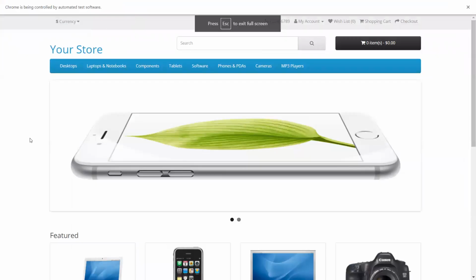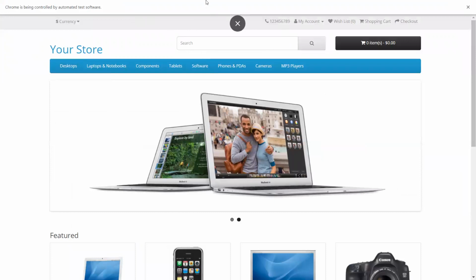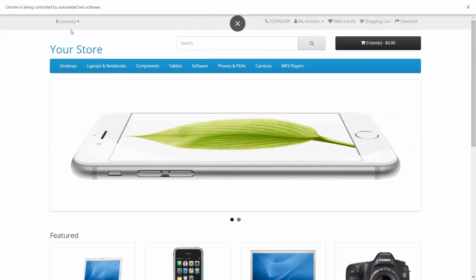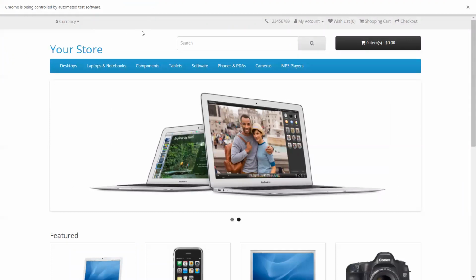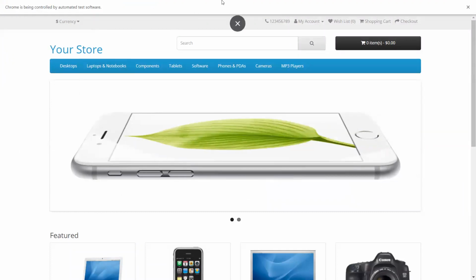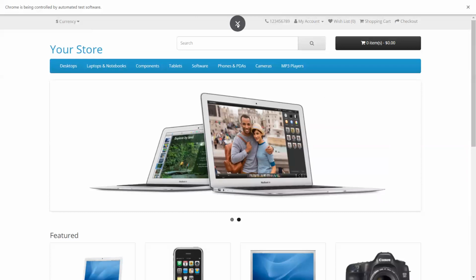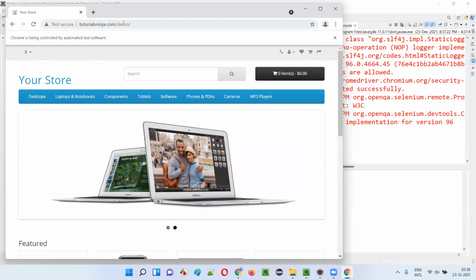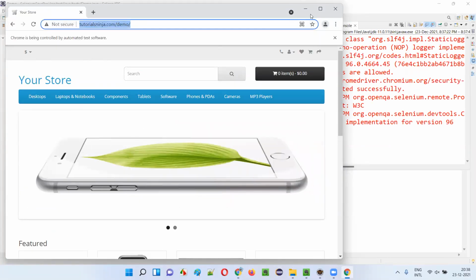You see now it has taken us to the full screen mode. Okay, this is what is full screen mode, right? In the full screen mode, you will not see any application URL, guys. Only in maximize mode and resize mode, you will see the application URL of this particular page. But here in the full screen mode, you see nowhere the URL is displayed. Again, in the maximize or resize mode, you can see this application URL.